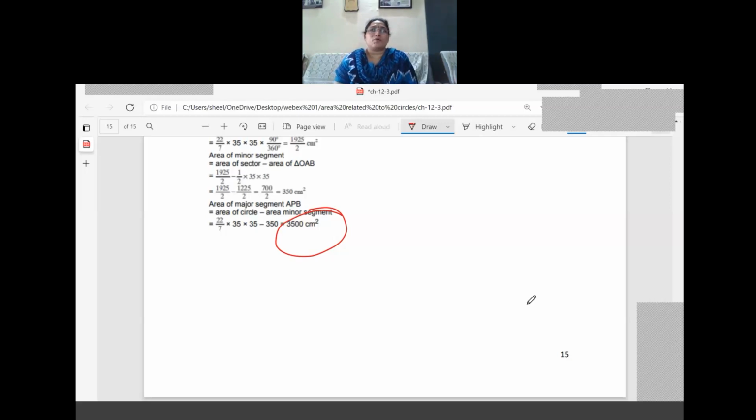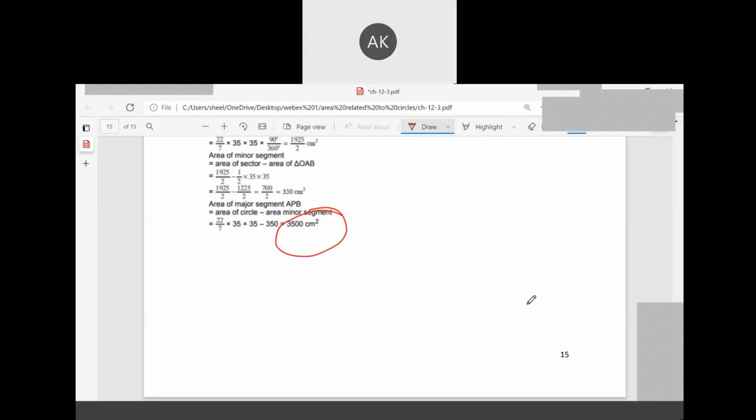And area of the sector, already we taught both the formulas. You should study the formulas required for sector and segment, because in the next class we have to go for area of the combination of figures. I just tried one question only today, and now you practice these two: area of the sector as well as area of the minor segment, because in the next class the combination is coming, and sector also comes and segment also comes. So study both formulas and come for tomorrow's class.